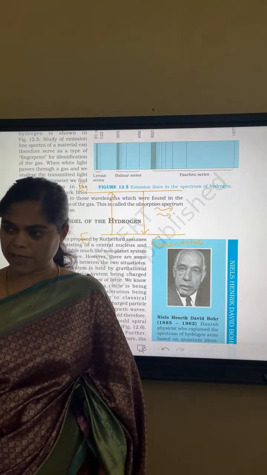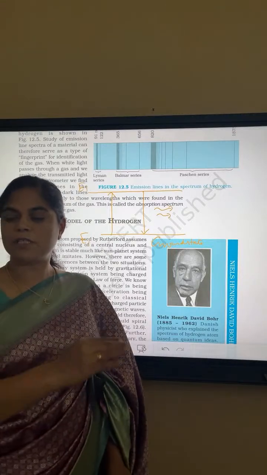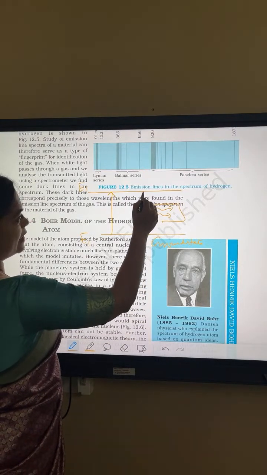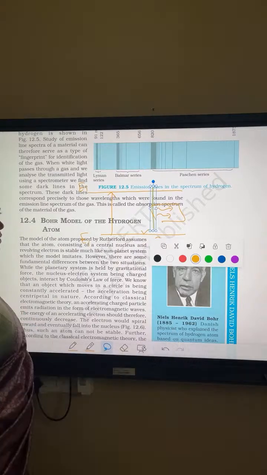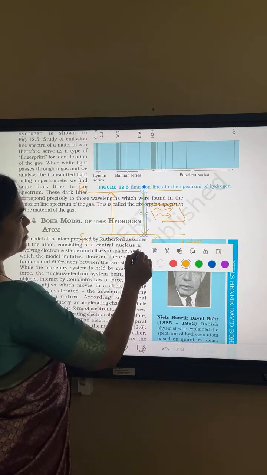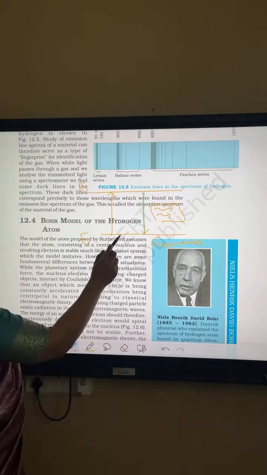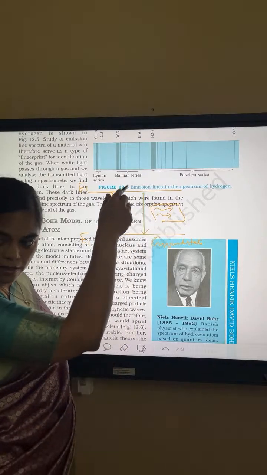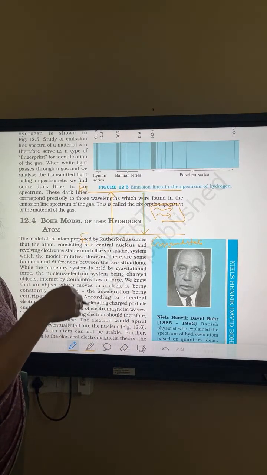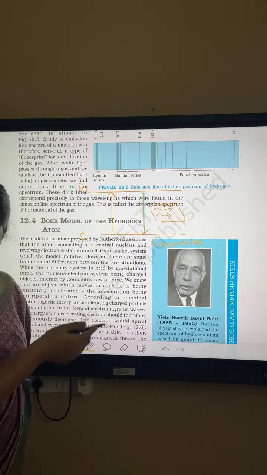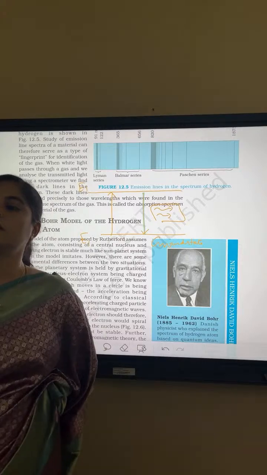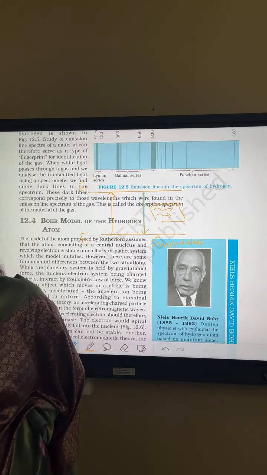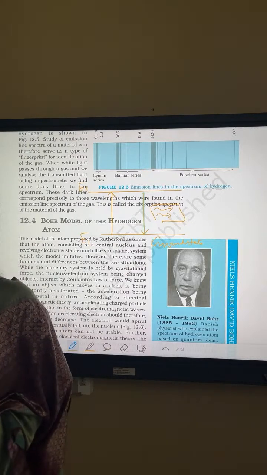So electromagnetic wave is a radiation, which is the result when the excited electron tends back to its ground state. Is it clear or not? The last one I will repeat. What is happening here? It is not in the excited level for a longer time. It comes back to its original state. If it comes back, then what will happen? Definitely it has to lose energy. All the energy gained by it should be lost by it. That lost energy is in the form of radiation which is coming out